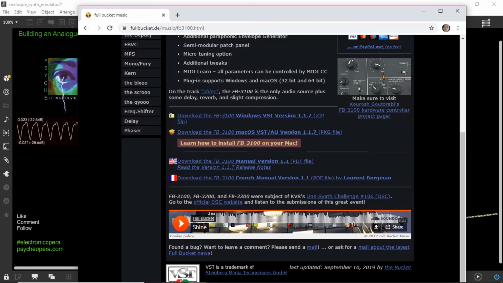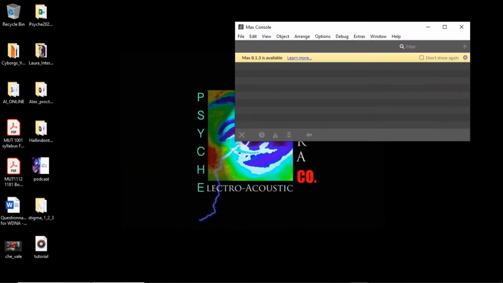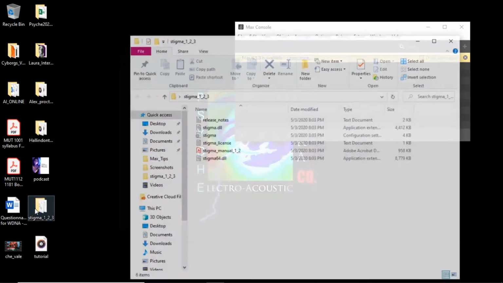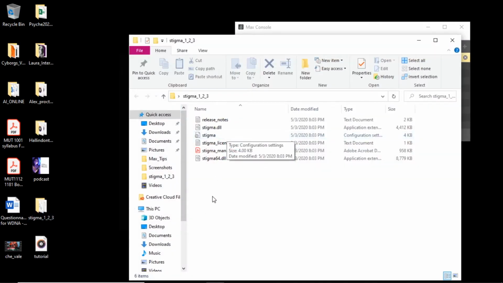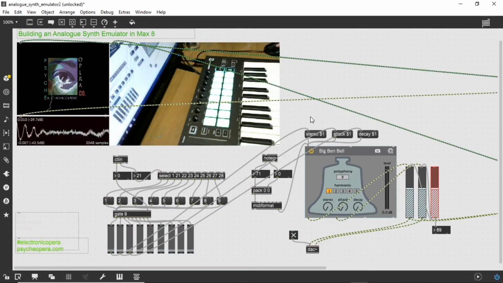I've already downloaded a synthesizer from Full Bucket, and it's here on my desktop. It's called the Stigma synth, and I'm using the 64-bit version. PC users, the file extension for your VSTs is not actually VST, it's .dll. So that's normal, that's okay. Macs will read it. I am going to remove the Big Ben module because we're not going to use Big Ben, but I am going to keep my